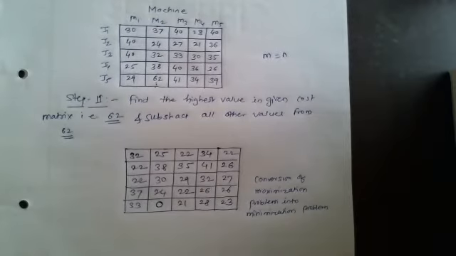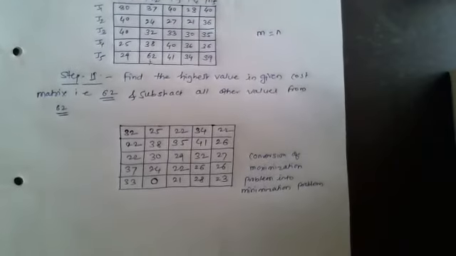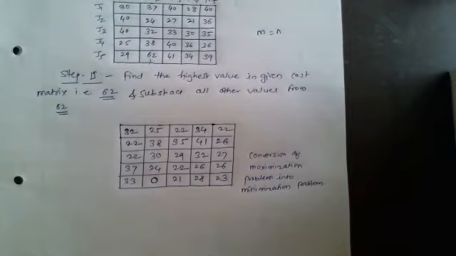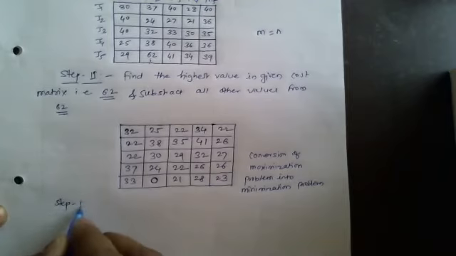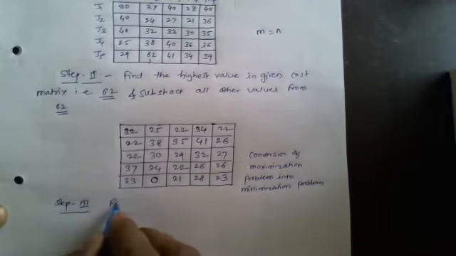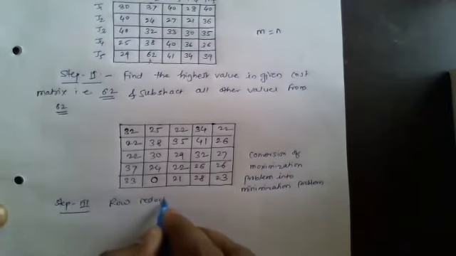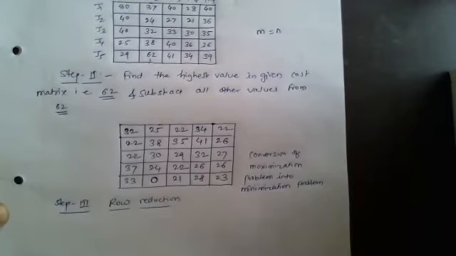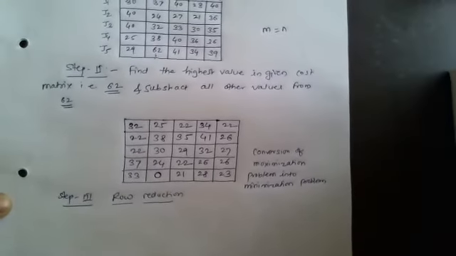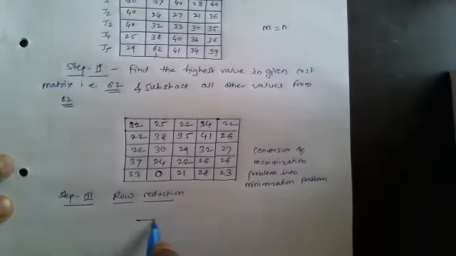Now again we have to perform the same procedure that we did in the last numericals. So what we have to do, we have to start with row reduction, after that column reduction, after that we have to start giving the allocations. So again I will go for step number 3. What is step 3? That is row reduction. Now the remaining procedure is the same as what we did in the last numericals. So again I will draw the matrix.